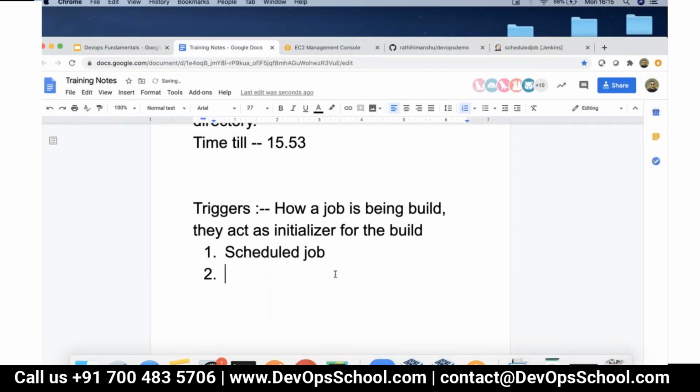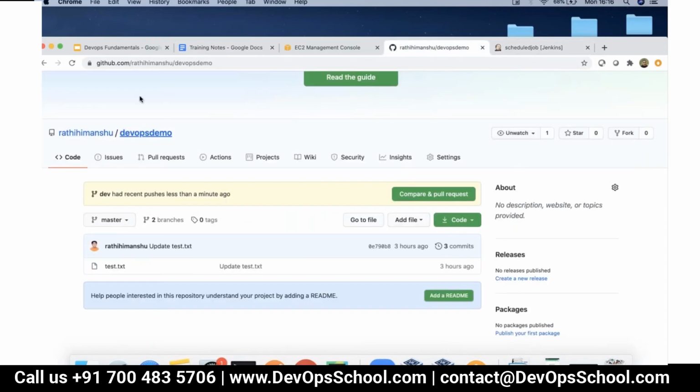So this was one kind of job wherein we used a scheduled job, a cron trigger kind of thing. The second kind of job is often called an SCM triggered job, which is a very popular use case, triggered by changes in source code management. Let's say you have to trigger a job every time you make a push into the main branch of a GitHub repository. It can be a requirement, right? So let's integrate our job with source code management wherein we push a shell script, and that shell script will automatically execute.